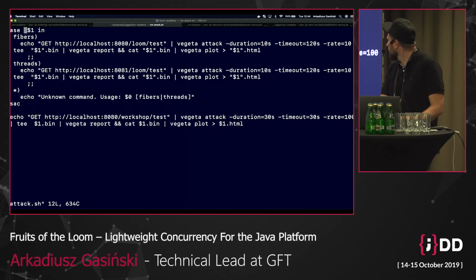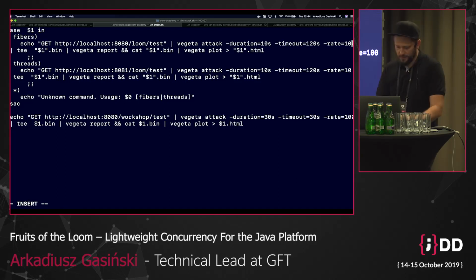So let's see how this handles more than 10 requests per second. And let's try maybe, I don't know, 100 requests. That should actually work.